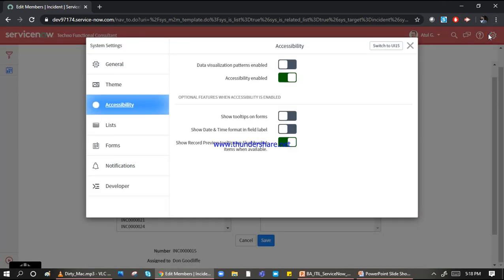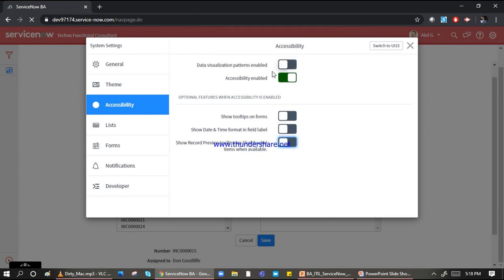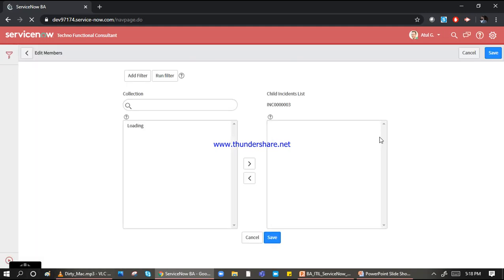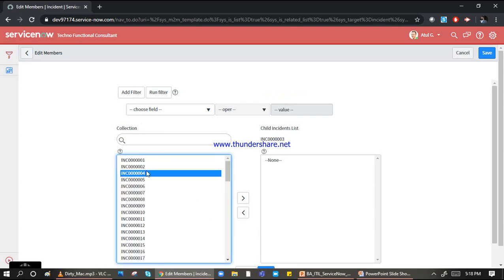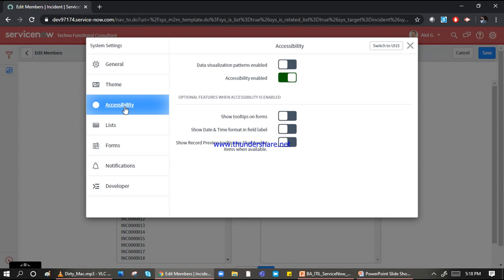So I can see this complete picture, the number assigned to this. But now I go to the settings, go to accessibility and turn this off. So when I turn this off, the new page will load for me with the same content, and now I will not be able to see that option. See, nothing is appearing in that. If I move here as well, it's also not appearing. So this is the way a customer, or maybe the service desk, or maybe the major incident management team wants to see how many tickets have been raised and who opened that incident. You can personalize the stuff as per requirement. Okay, so this is all about the accessibility.